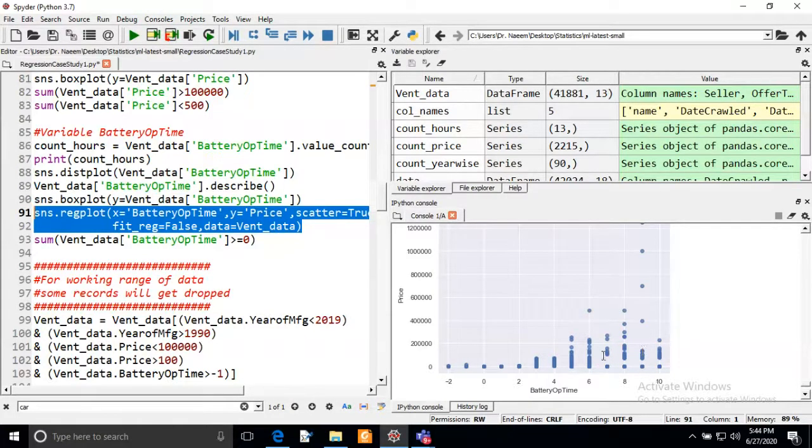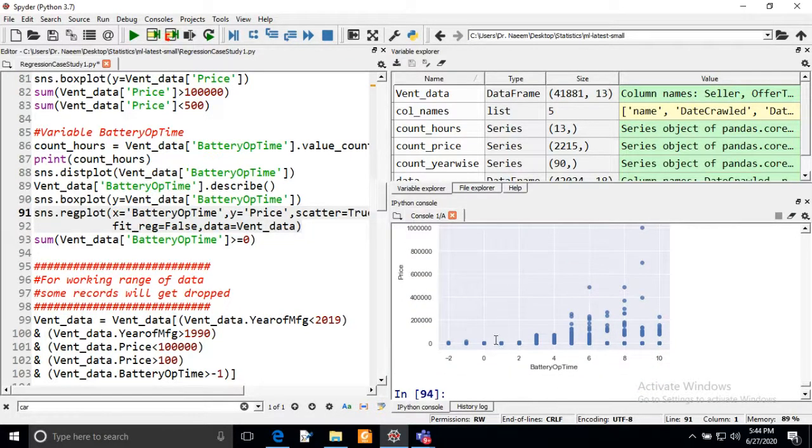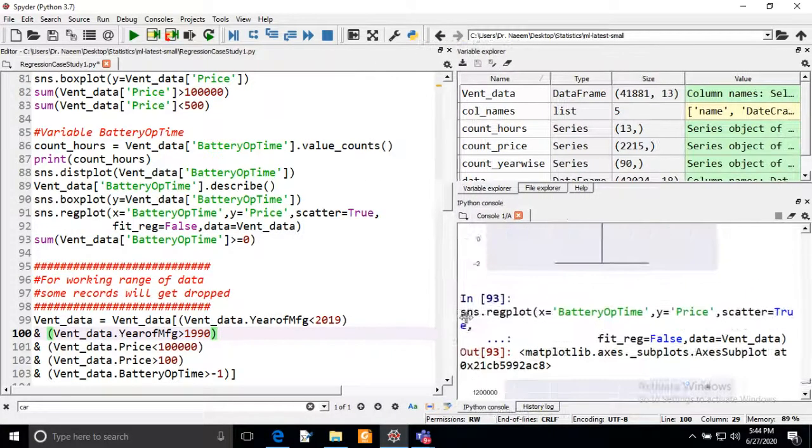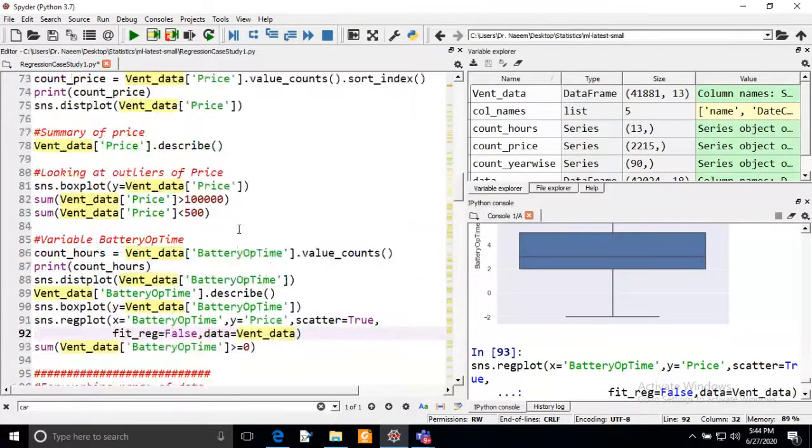So the battery operating time is also affecting the price of the ventilators. If we have a lesser battery operating time, then the price of the ventilator is lesser. So this is a significant variable that will work for the analysis.